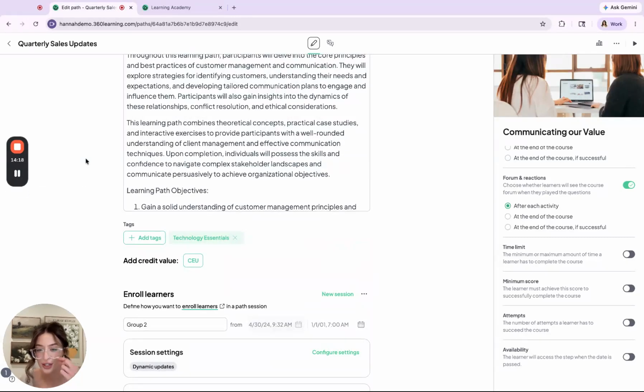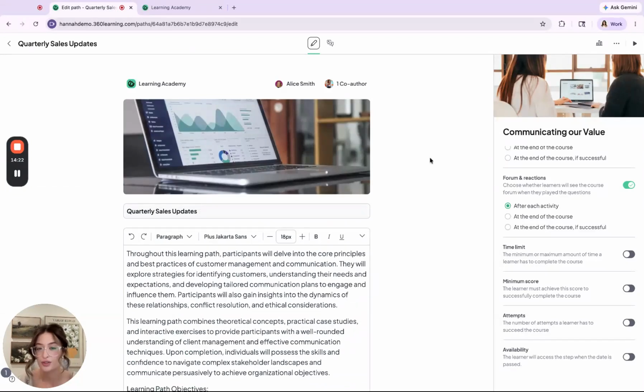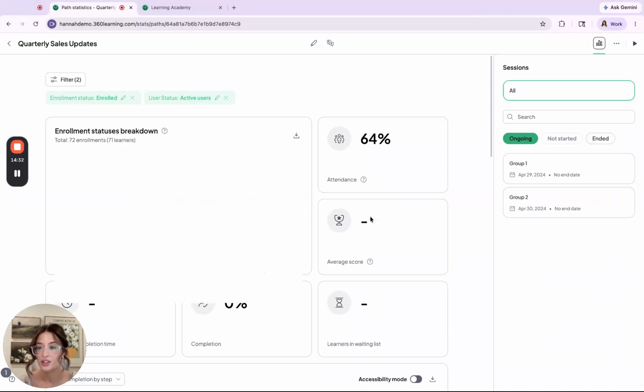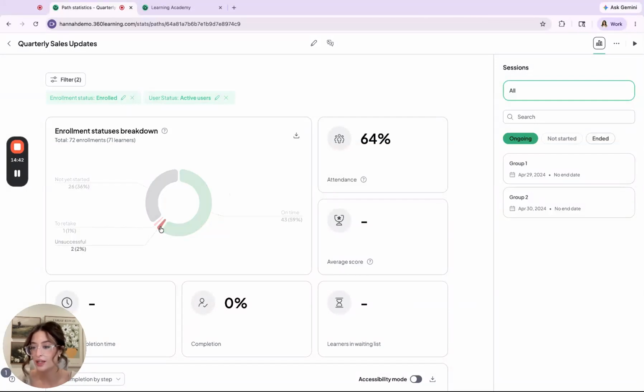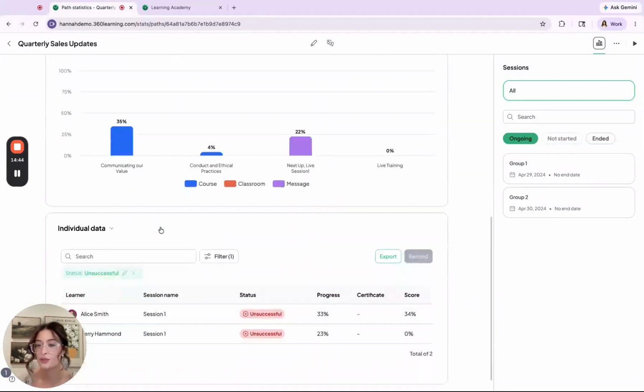2 more things I'll show in our time together today, one of which is how easy and robust reporting is in our platform. For anything you want to report on, whether that's users, groups, content, this path, or individual courses, it's only 2 clicks away, and you will have a pre-baked dashboard like the one we're seeing here. And I always like to highlight how responsive our dashboards are. So I can even click on who are my 2 learners who are unsuccessful, and it will bring me down